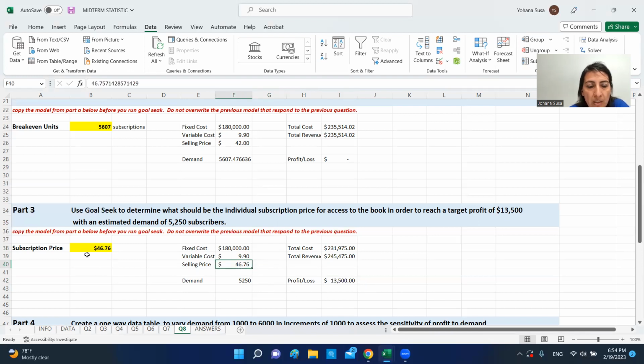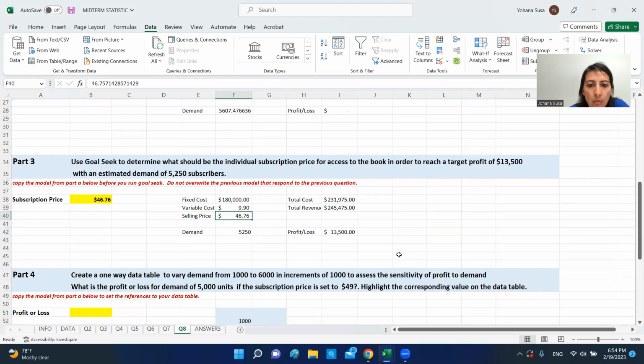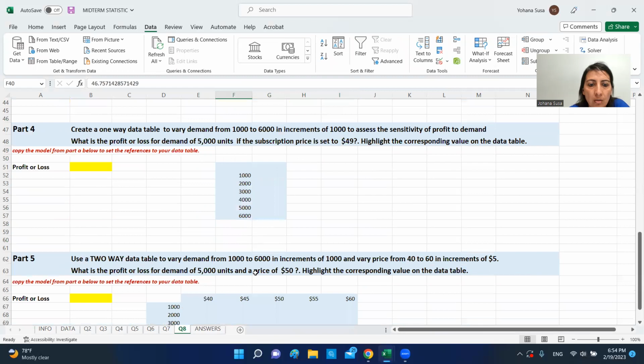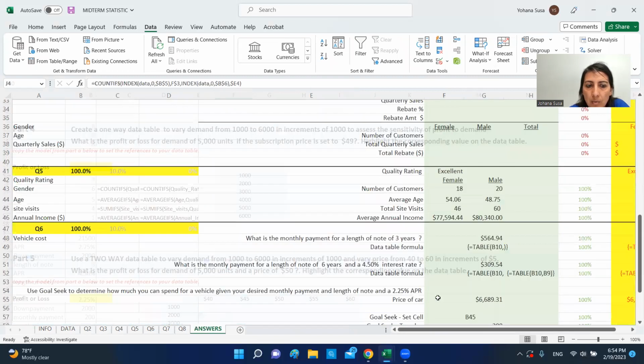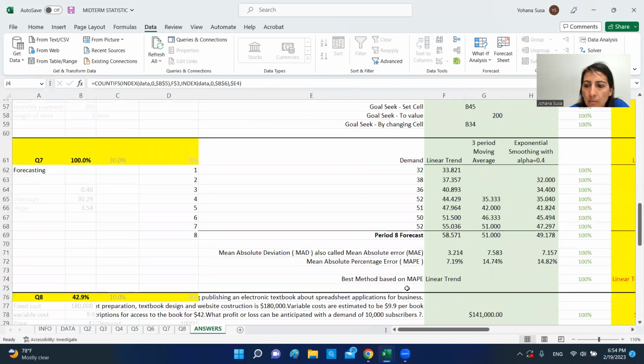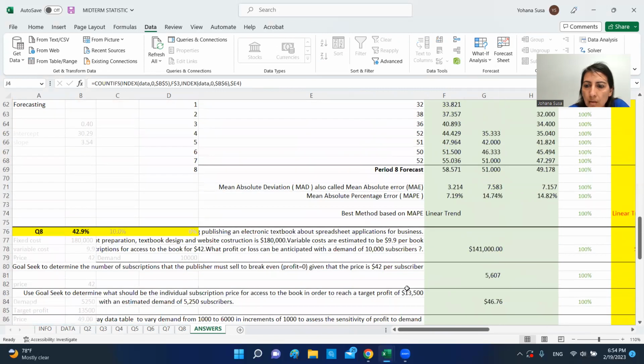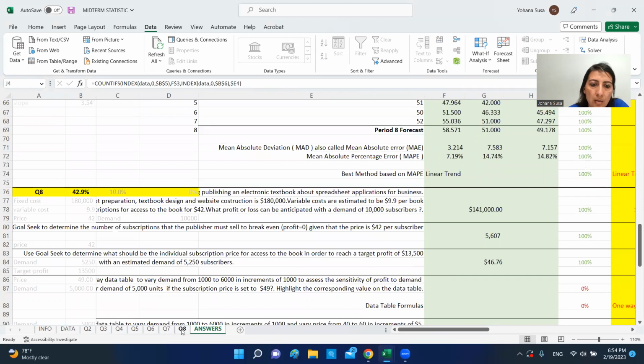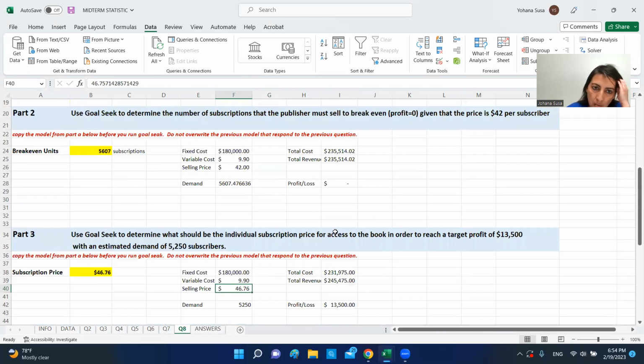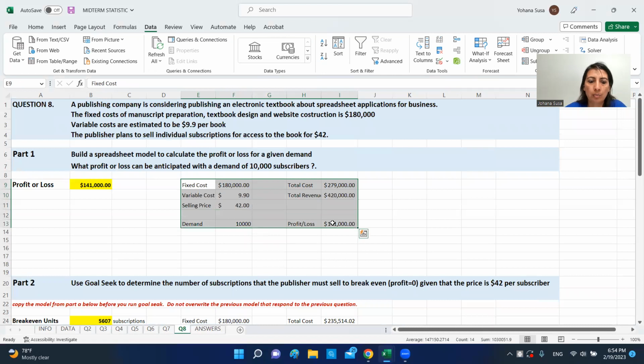Yep. So the price is 46.76 in order to have a profit of $1,300. Okay, let me check. Yes, so it is 46.76. So we're correct. Okay, the next one, we're gonna copy again our input